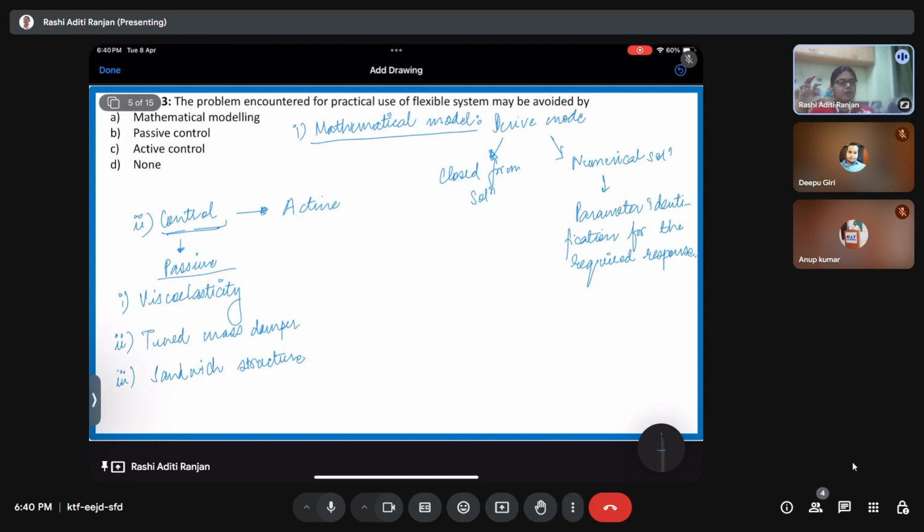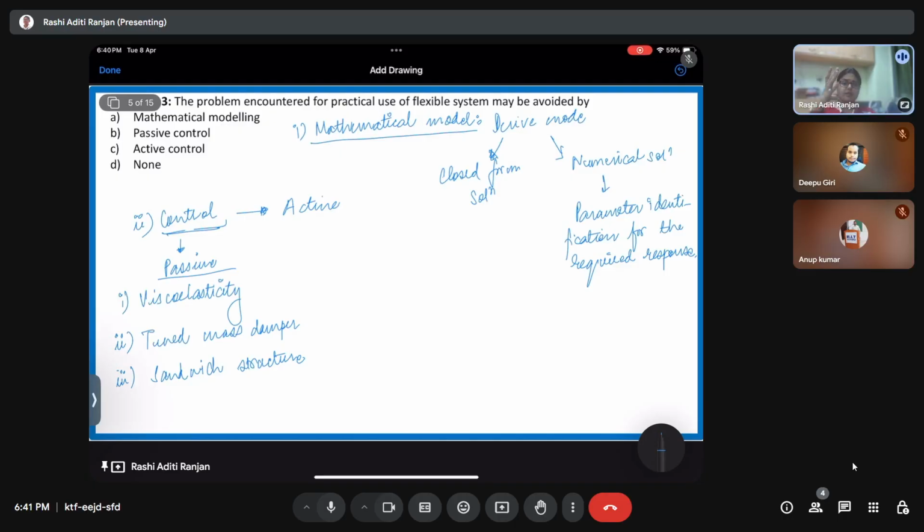Okay. Second one is the tuned mass damper that we have already talked about a lot in the previous live session. For the tuned mass damper, what did we do? We had a spring mass system and we introduced another spring mass system with it. The stiffness and mass were selected in such a way that, for the first spring mass system, which was our main system, if it was given a forcing F sin omega t, and if I choose my second